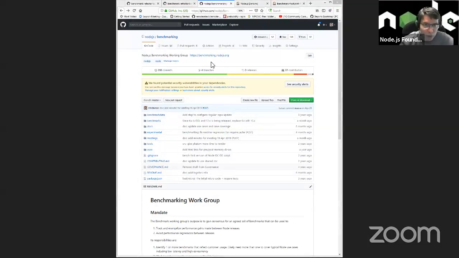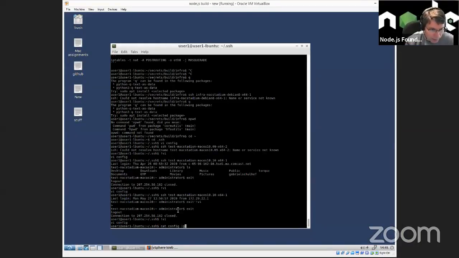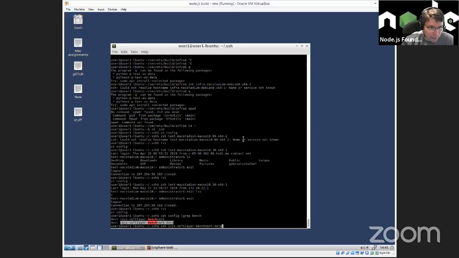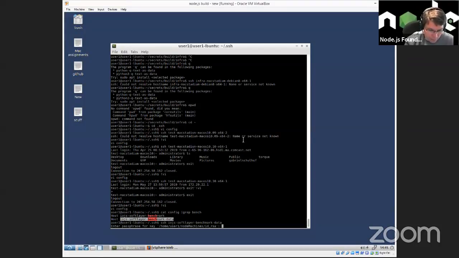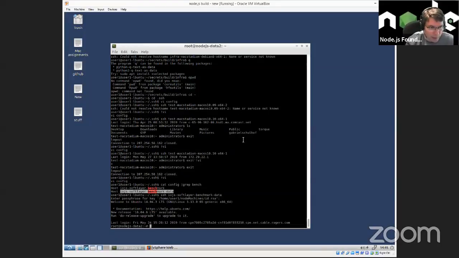Now I'm going to switch to, let me close that out. And I will share a different screen. I will share this guy. Hopefully that's not too big. But there I'm cat config grep bench. So then on the benchmark data machine,